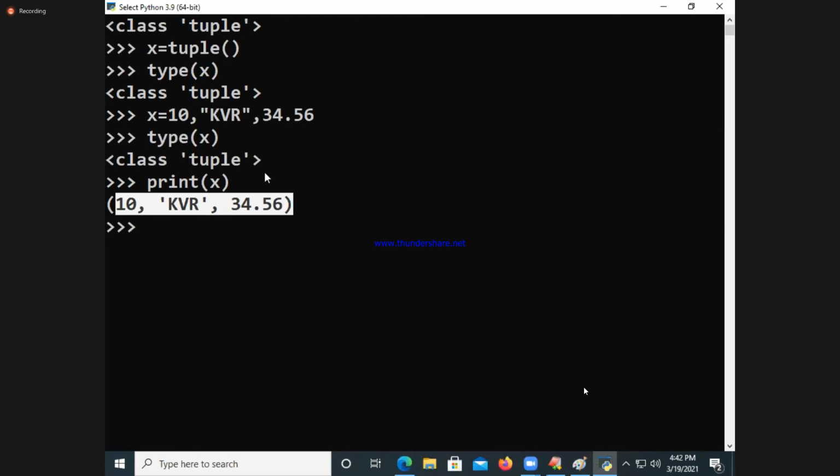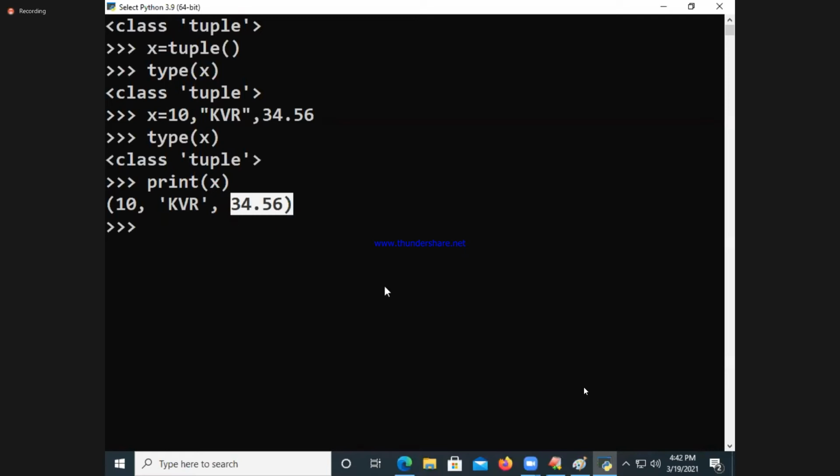Exactly similar to what? Yes. Now I said that X is called what? Immutable. Will it allow us to append the data? Will it allow us to modify the data? Try to modify once. What is the position of this?